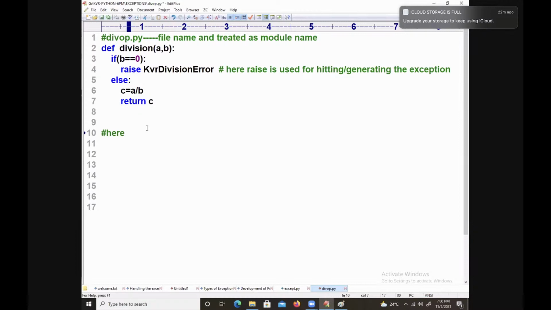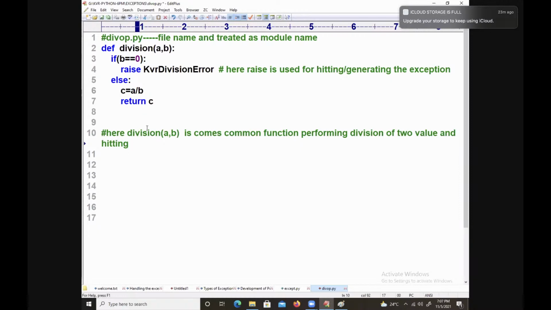Here division, A comma B comes under a common function performing division of two values, and raising an exception, hitting or generating an exception which was already developed.